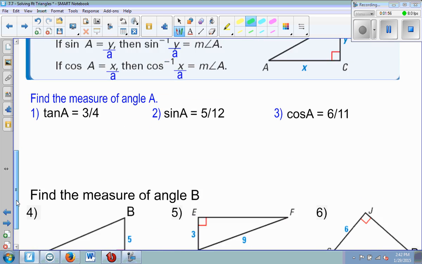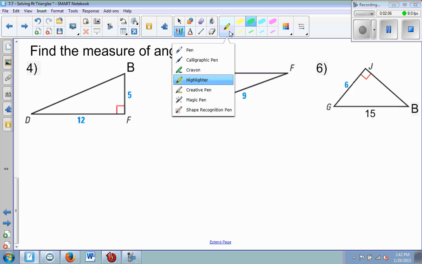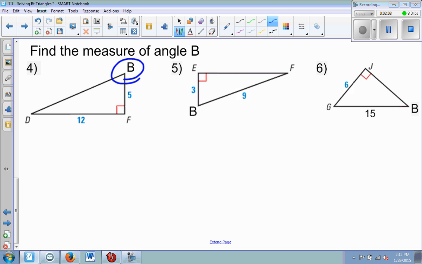So looking at some problems, in the first problem it says find the measure of angle B. So notice here in my problem for angle B, I have no idea what the measurement is. But I am given two side lengths of this triangle. I'm given the opposite side and the adjacent side. So what I know is angle B, I can write a tangent ratio for angle B. So I'm going to do just that. I'm going to say that the tangent ratio for angle B is the fraction 12/5 because that's the opposite side